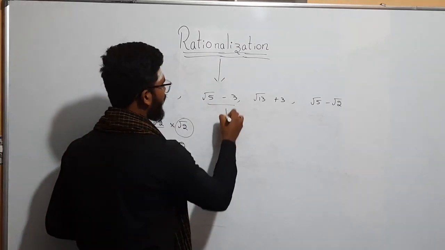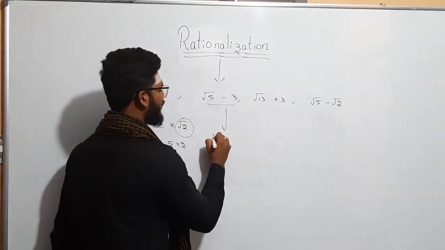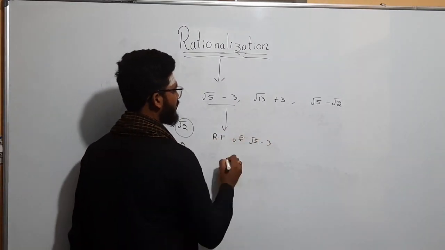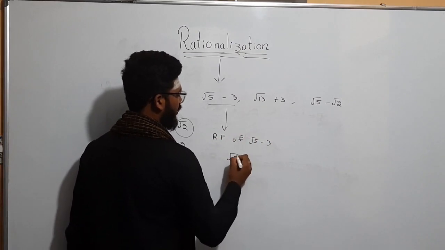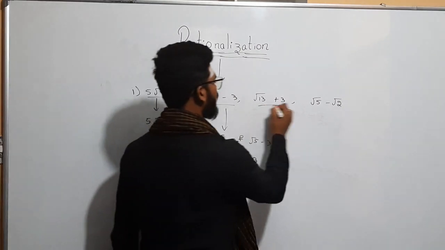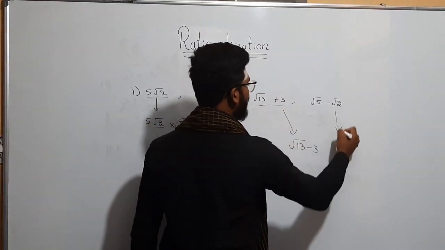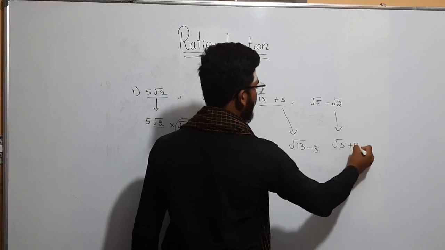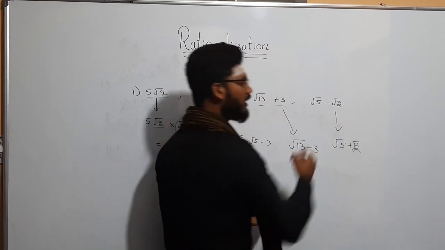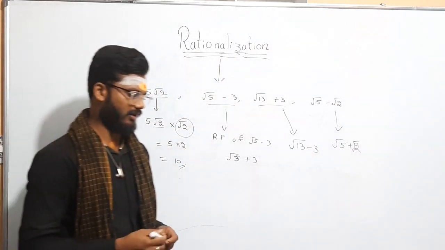In the same way, just now I told, it is in the form of a minus b. So the rationalizing factor of root 5 minus 3 is root 5 plus 3, the smallest rationalizing factor. In the same way, for root 13 plus 3 it is root 13 minus 3, and for root 5 minus root 2, root 5 plus root 2 is the smallest rationalizing factor. Next,